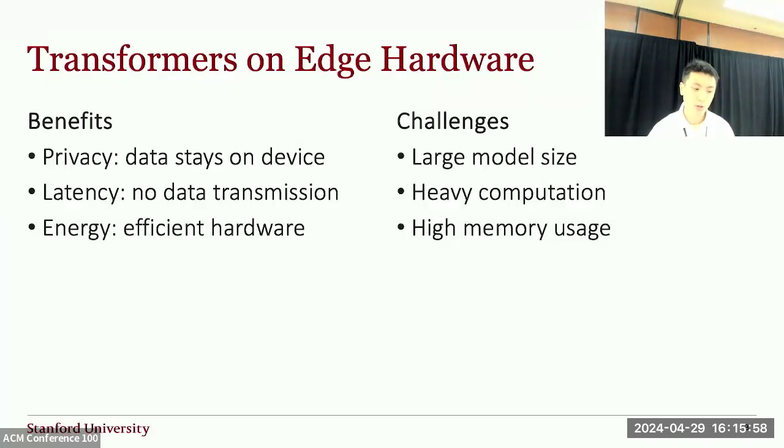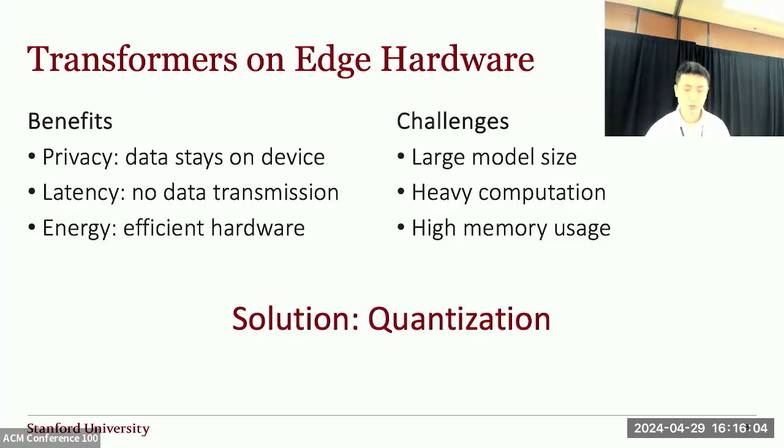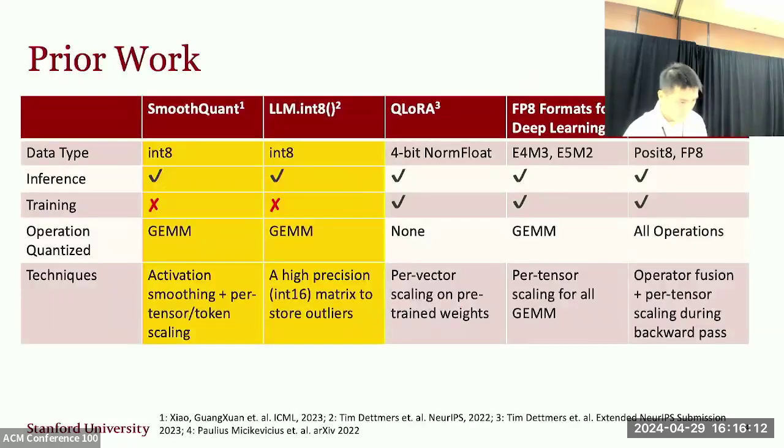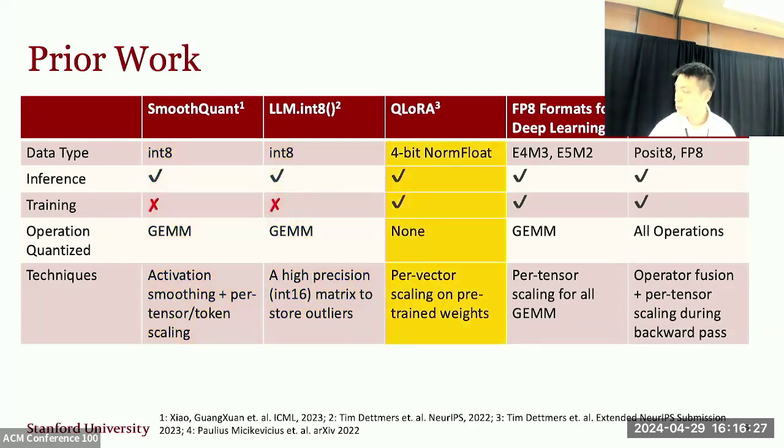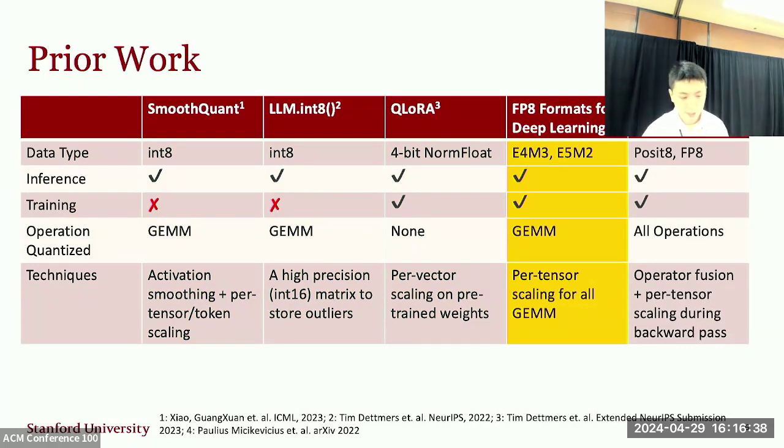However, transformer models are large, and they require heavy computation and memory resources. Quantization is a promising way to reduce the resources required by transformer networks. And recently, there has been strong interest in using 8-bit data types for inference and fine-tuning. Prior work has quantized transformer networks to 8-bit integer. However, they mainly target inference and only quantize the computation-heavy GEMM operation. And they require additional techniques to maintain accuracy. QLoRA is a work that quantizes the pre-trained model into 4-bit NormalFloat to reduce the model storage, but the operations are still carried out in floating point formats. NVIDIA has proposed FP8 for both inference and training, but they also only quantize the GEMM operation.